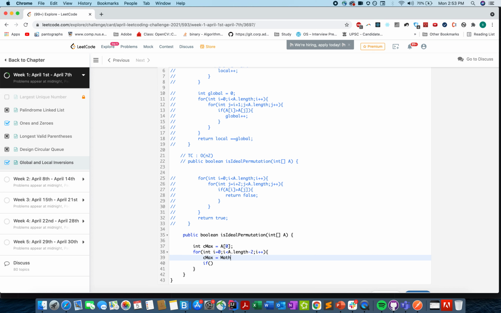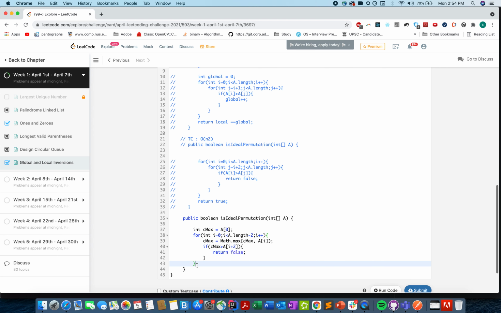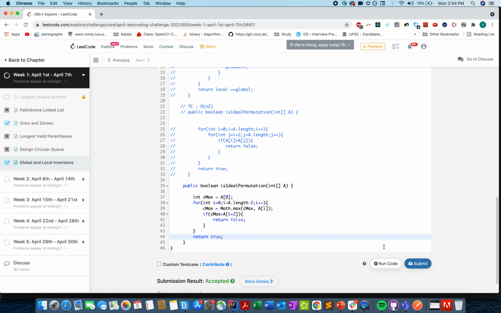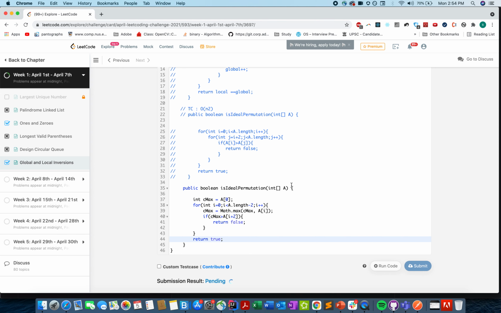Cmax equals to math.max of cmax comma a of I, and if my cmax is greater than a of I plus 2, if that is the case, I'll return false from there. Otherwise, let's return true, because that's a happy case. We couldn't find any such case where there is an extra global inversion. And let's just submit it.